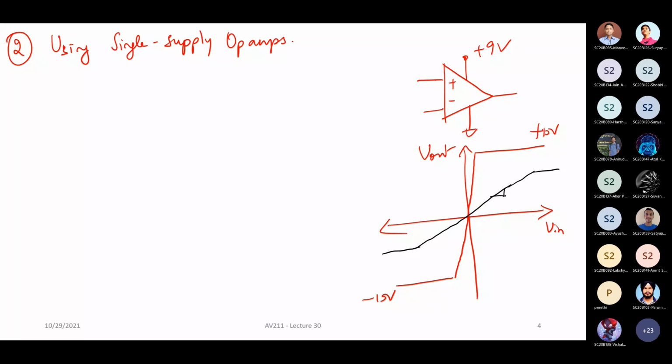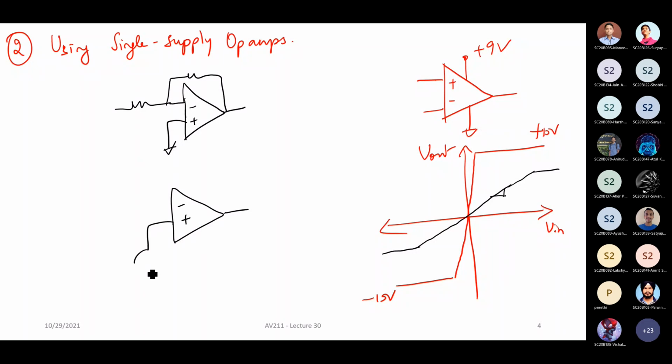Correct. Now here, because it is plus or minus 15, even if you take your op amp, for example this non-inverting amplifier, you just connect it like this, it works fine, right? Or even for that matter, if you just give an inverting amplifier like this, or a non-inverting amplifier, let us say you just give an AC signal without any DC bias also, it ends up working fine, right? But suppose you have only a single supply.